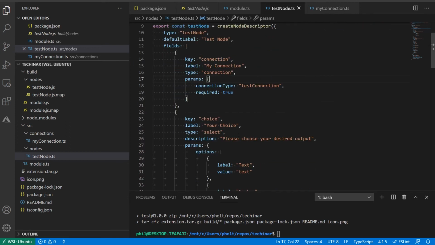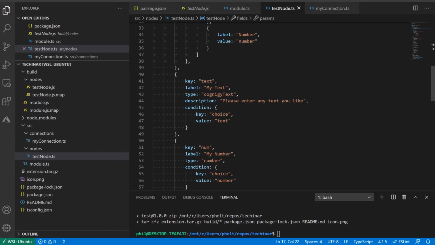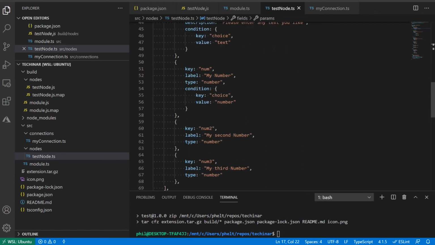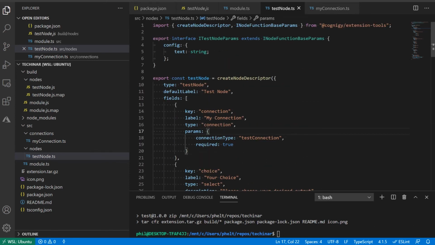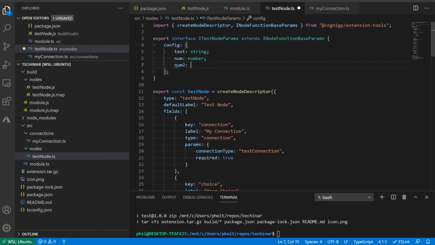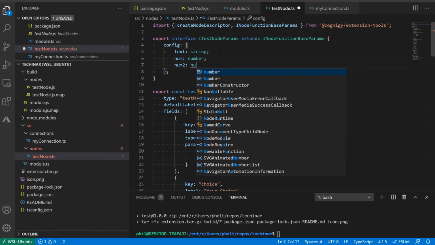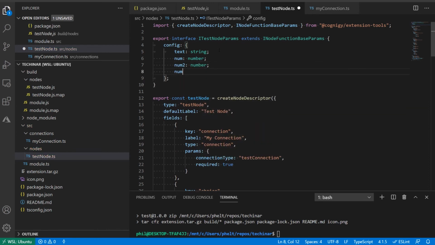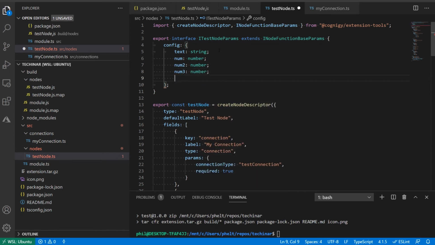Now we need to add, well, we can add our variables that we've created here, the num, num2, num3, choice, and connection up here in our typings as well. So let's do that. Num is a number, num2 is a number, num3 is a number, choice is either text or number.